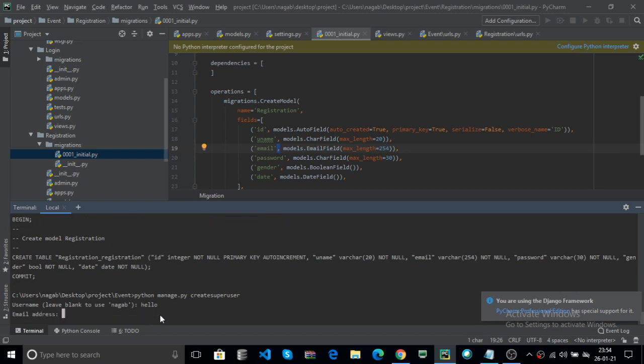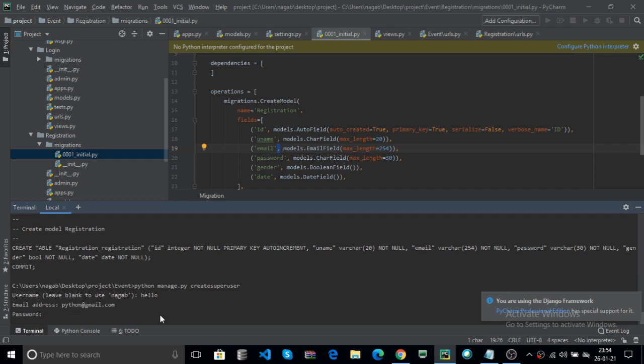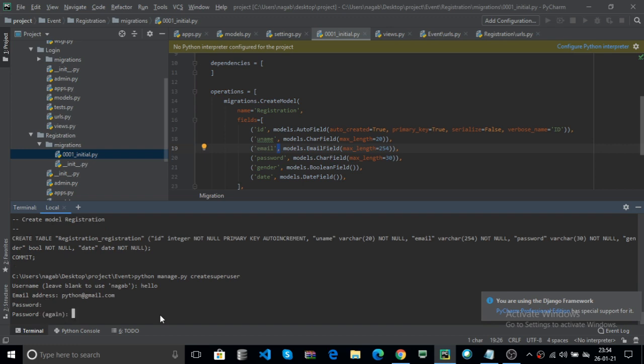Now here email. You can enter your email address. Here you can enter the password. The password is hidden, and I enter the password. After entering, hit enter. It again asks for the password.